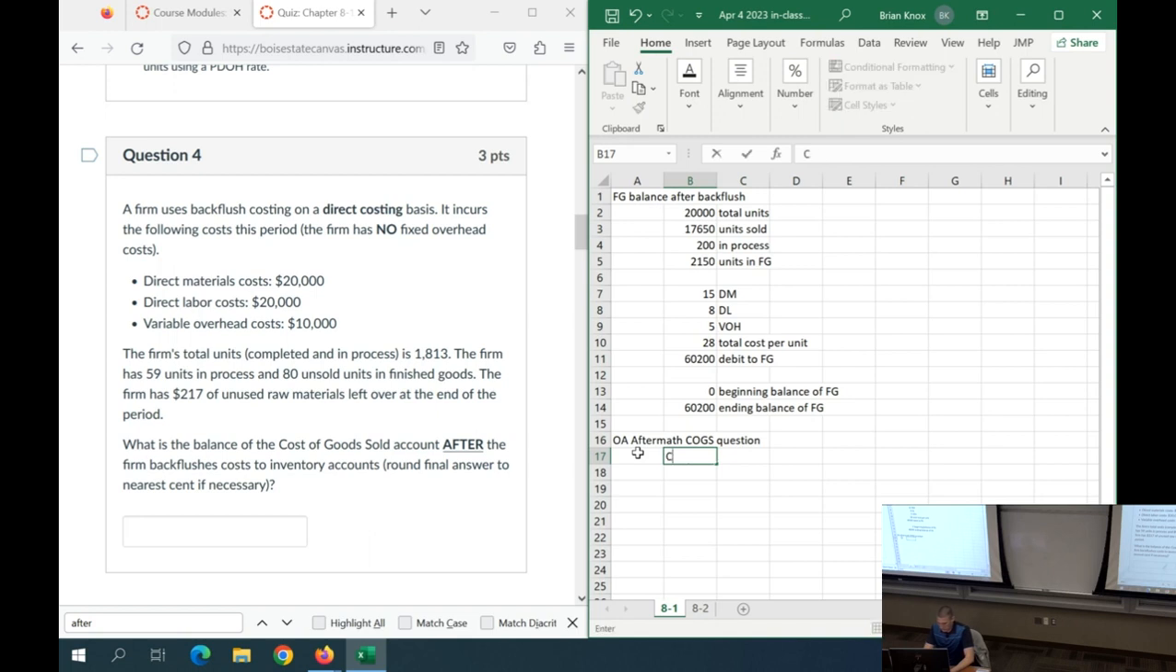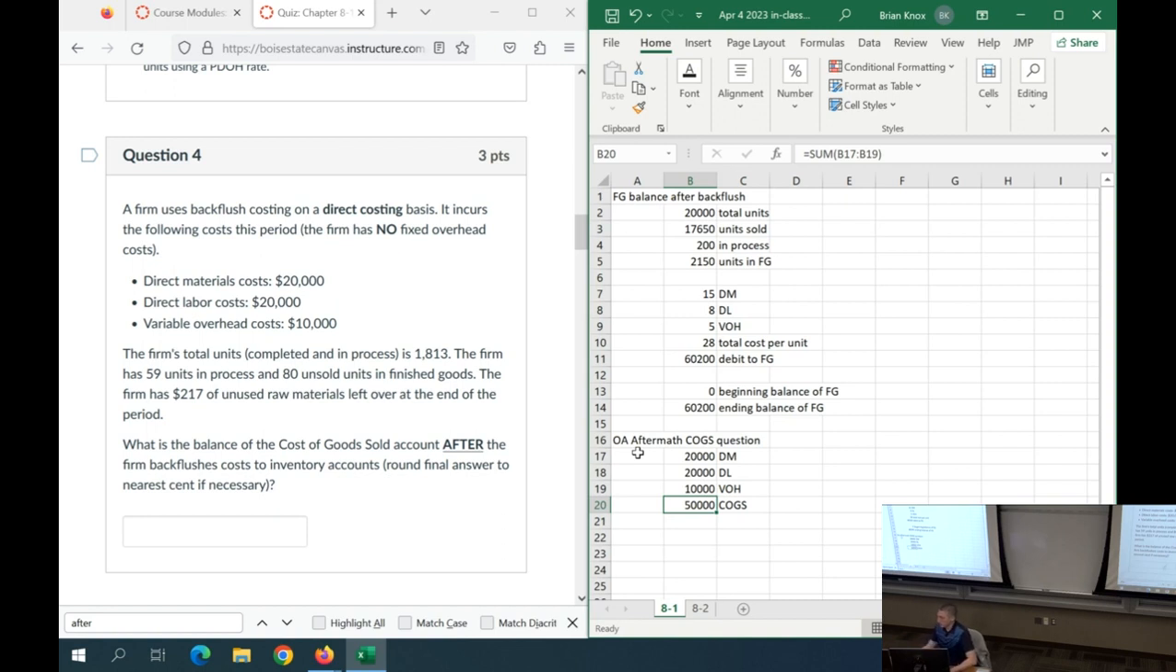So first of all, copy over our three categories, DM, DL, VOH. And so first trick is we accumulate costs in cost of goods sold using the backflush method when we're using the backflush